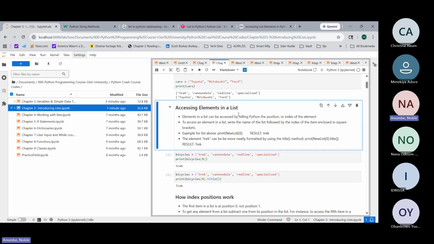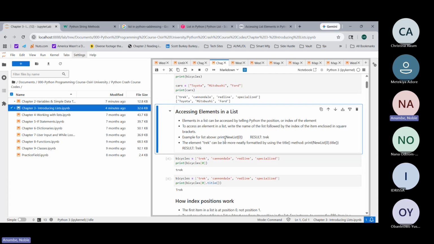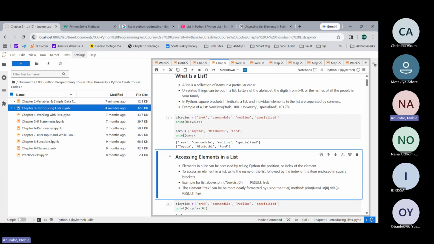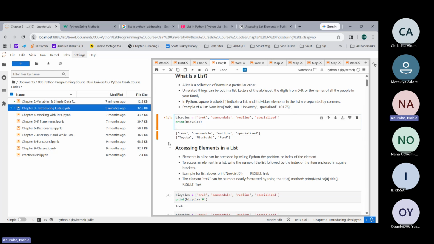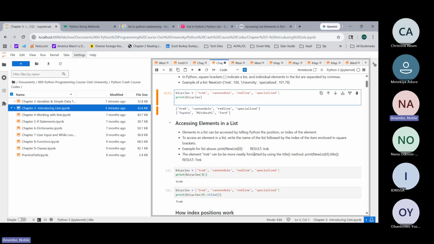So, accessing elements in a list. Elements in a list can be accessed by telling Python the position or the index of the element. To access an element in a list, write the name of the list followed by the index of the item enclosed in square brackets. So for example, this is the list we have here. Let me remove this because I created this. So for the list we have above,